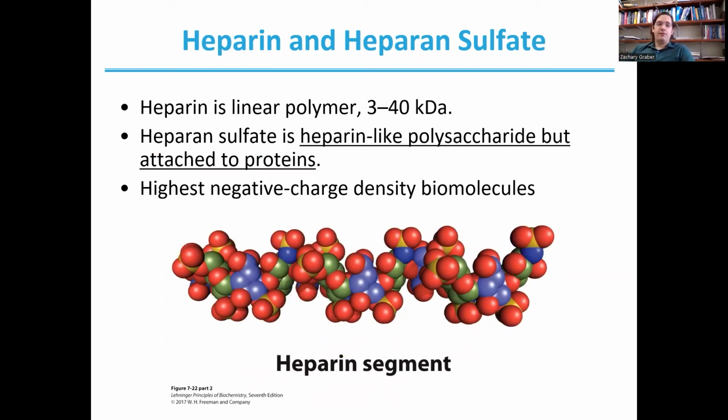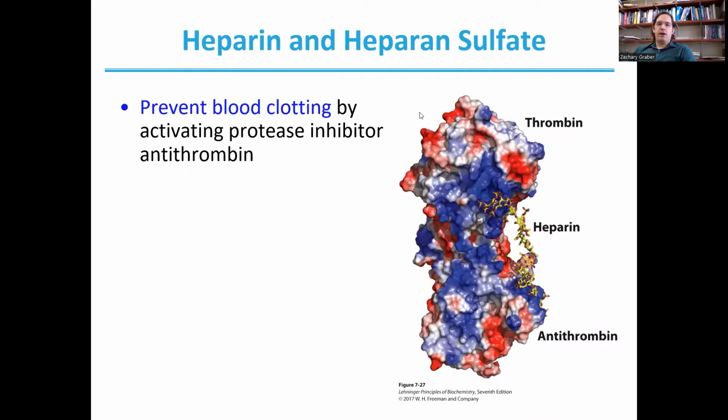Here's a representation of our heparin. So notice all of these reds here from our oxygens that are also going to have a high degree of negative charge. And so our heparin will tend to form a very extended structure where we can make a lot of interactions with proteins, as our negative charges are kind of repelling each other and spreading out our heparin, and then making it available for binding to our positively charged proteins. And again, as we saw with COVID-19, our heparin can help to bridge between positively charged regions of different proteins and increase the interaction between those two proteins.